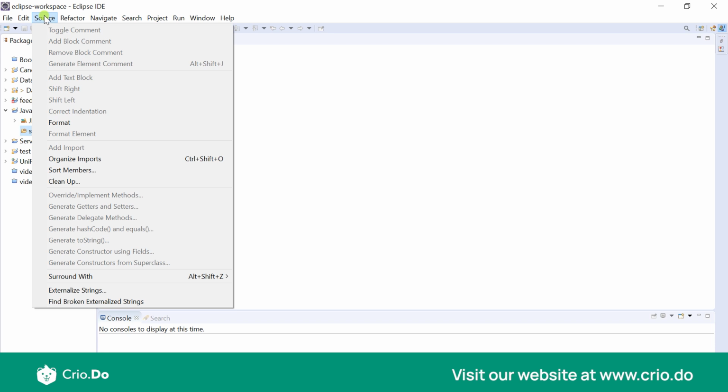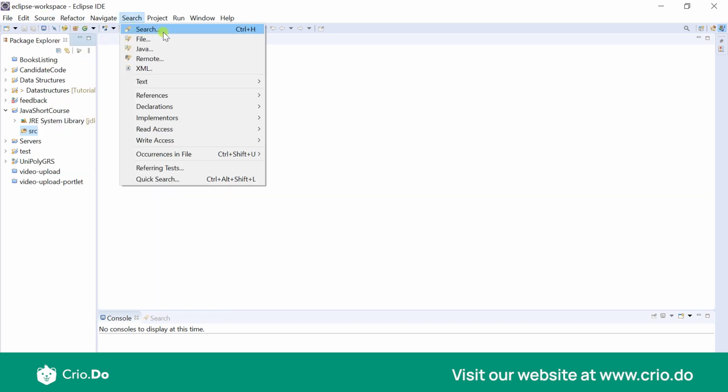Let's say, for example, you want to do a search in your entire project. It's not just one file, because in one file we generally use Control F, right? But if you want to search your entire project, you can simply type Control H, and then your search dialog would be opened. We would use this a lot, because our code might not lie in just one file. We would have multiple files with a lot of code. So if you want to search for a particular line or code snippet, you would use this search